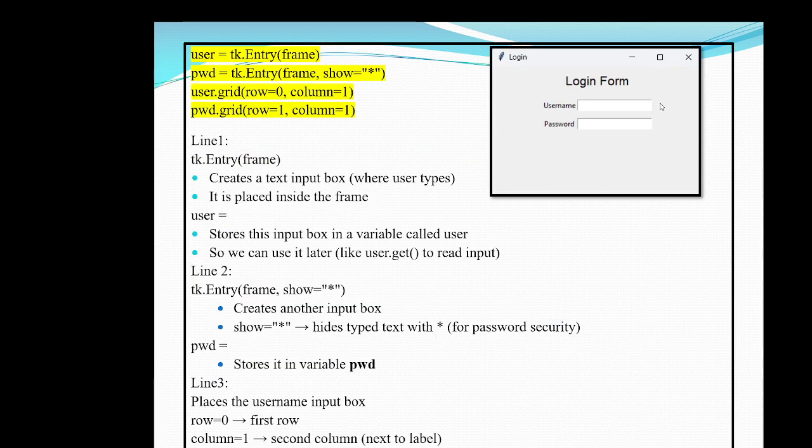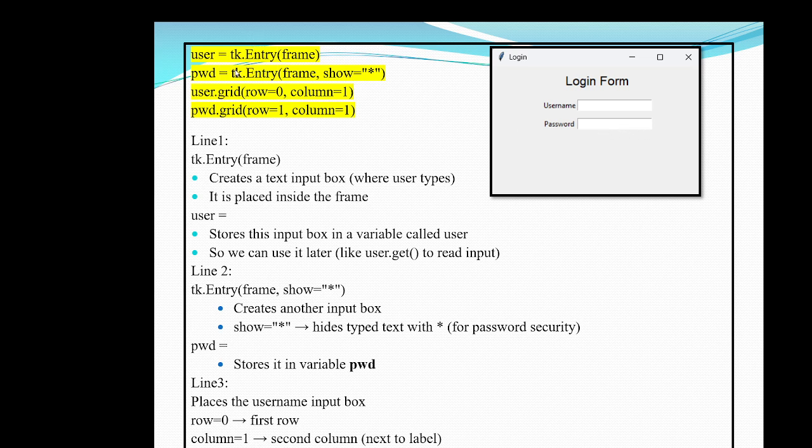Now I wanted to place input boxes. So for that, I am using tk.entry, a method which helps us create a text input box, and I am keeping the text input box within the frame. To refer to these, this particular box name is user, and this particular input box name is pwd.